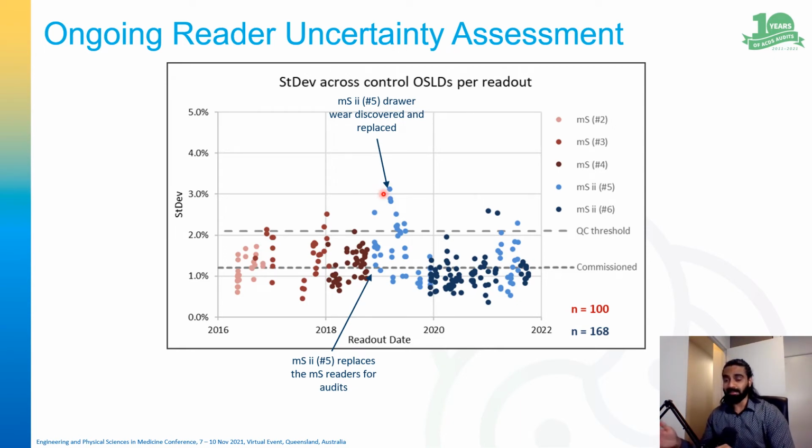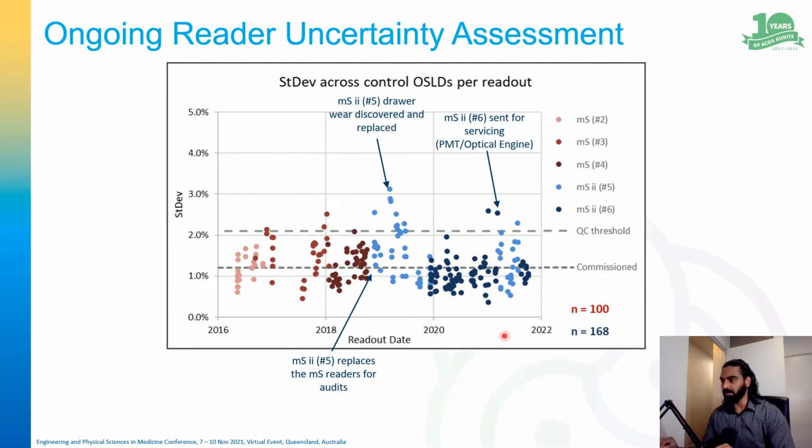So once we became aware of that, our QC improved, we rectified this, and we brought our readers back within spec a couple months later. And then in late 2019, we commissioned a new MicroStar 2 type reader. And of course, at this point, we're well versed in drawer wear. So we are on top of this for the foreseeable future. We keep our readers within spec. And then all of a sudden here,